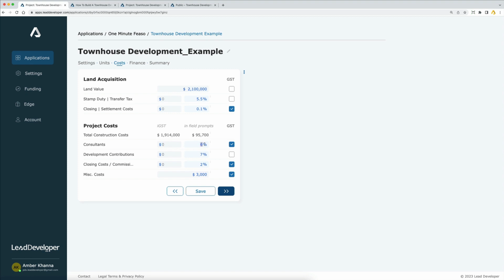Now, because I don't have a permit in hand, which is not ready yet, because I need to go through the development approval process, which is the DA process, or the permitting process, I still need to allow for some percentage to go with. Development contributions, this is as a percentage of the land,